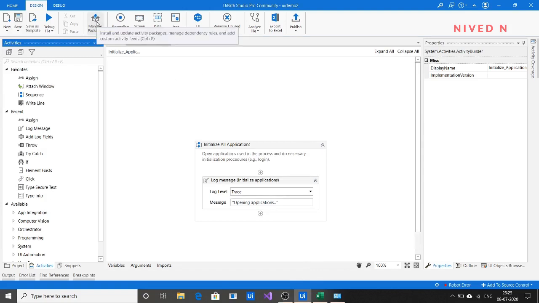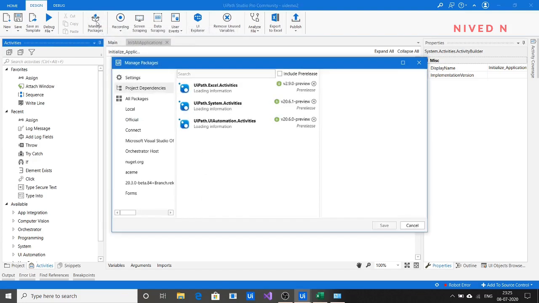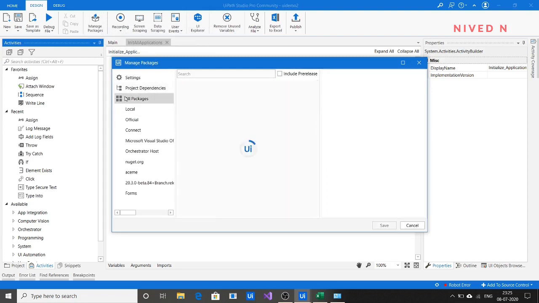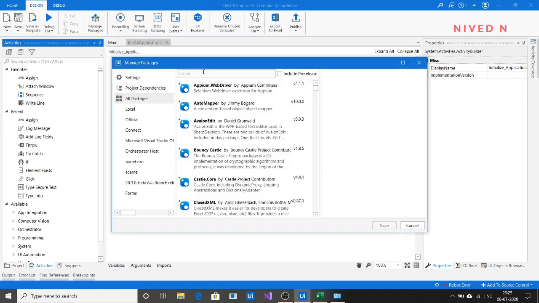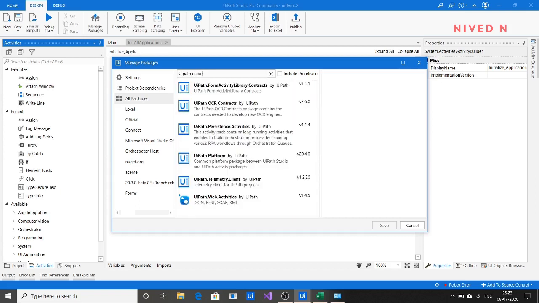To install the UiPath credentials activities, just go to Manage Packages, click on All Packages, and search for UiPath credentials activities.